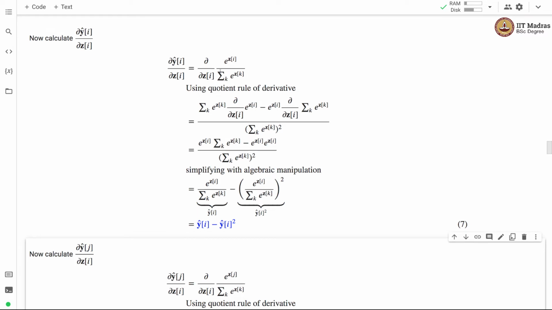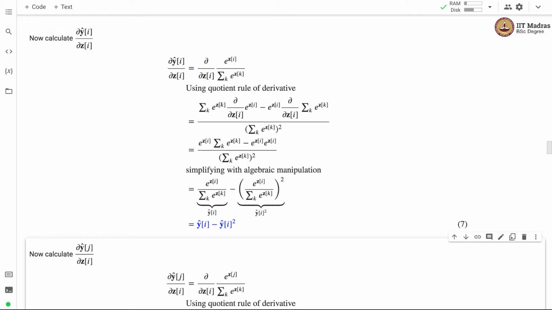In the quotient rule, in the denominator we take the square of the denominator, and then we have the denominator into the partial derivative of the numerator minus the numerator into the partial derivative of the denominator. So you can see that the partial derivative of e raised to zi with respect to zi is e raised to zi,